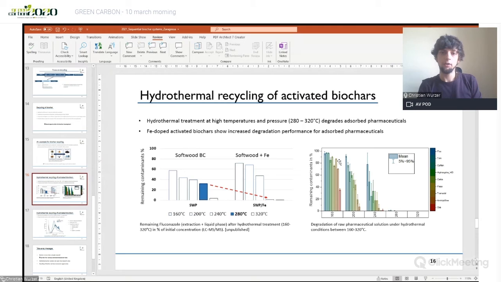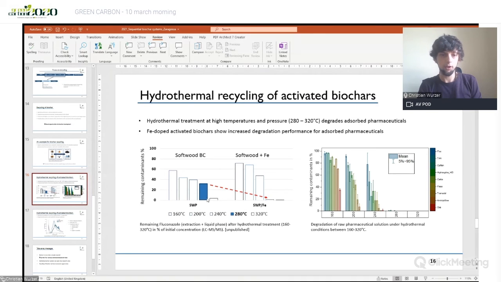On the right, you can see what happens with raw pharmaceutical solutions. So we have 10 contaminants. What happens when they are treated at 160 degrees, at 200, and at 280, they are all gone, or at least the parent compound. And then on the left, you can see what I mean with increasing the recyclability of